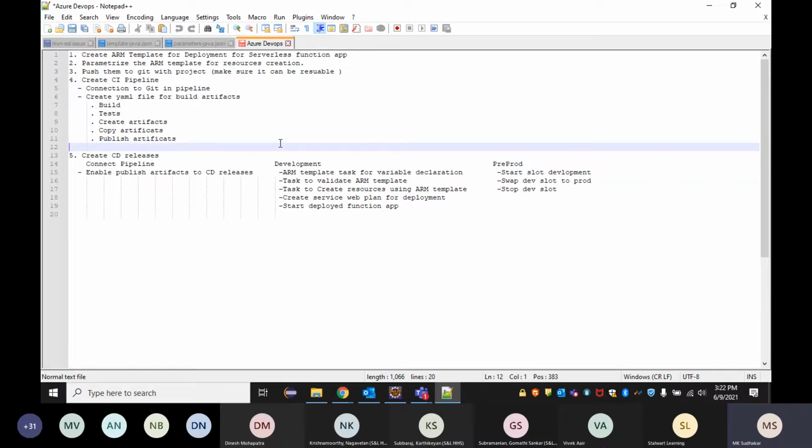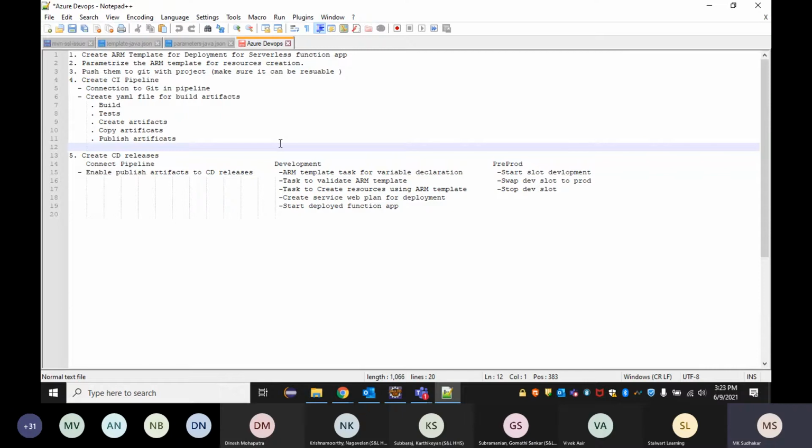And yes, there are different ARM templates. For example, we have web app deployments, serverless function app deployment, chatbot deployment. So many deployments can happen because we are in development. We might develop and deploy those kinds of complete projects into Azure. For deploying all these builds, there are different kinds of ARM templates. But whatever I'm trying to show right now is equally applicable for any application. It can be a web app, it can be serverless, it can be a chatbot, anything. We can do the same process for any application, which I'm going to show right now.